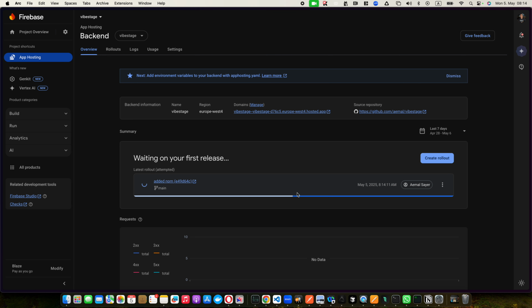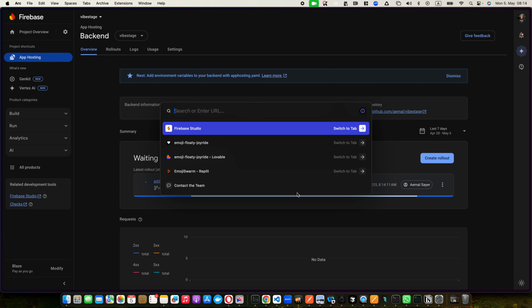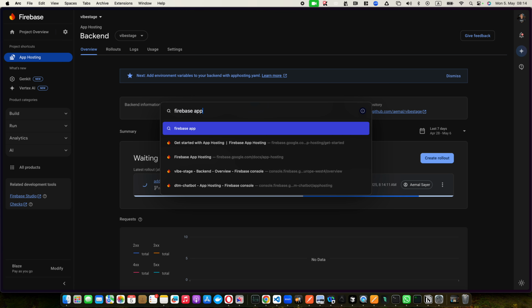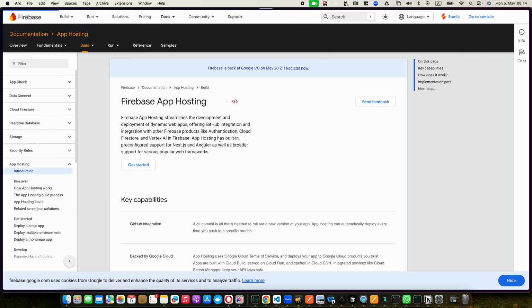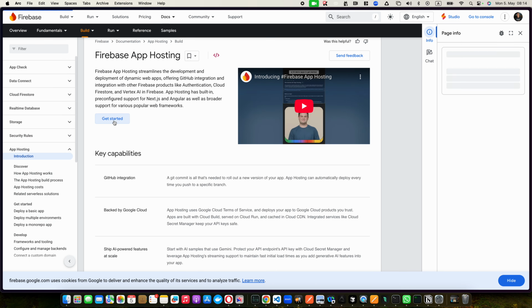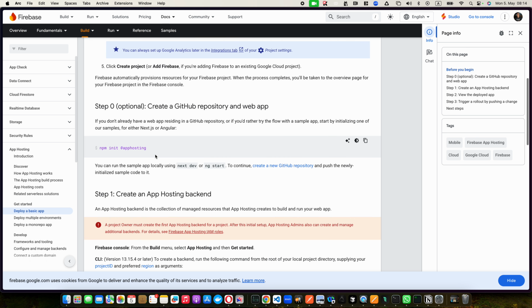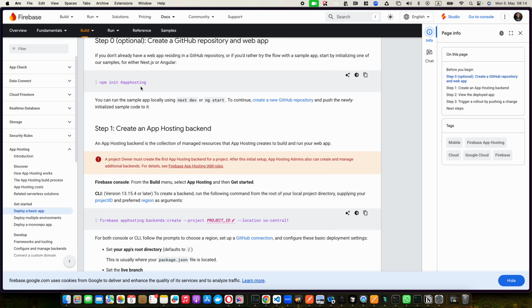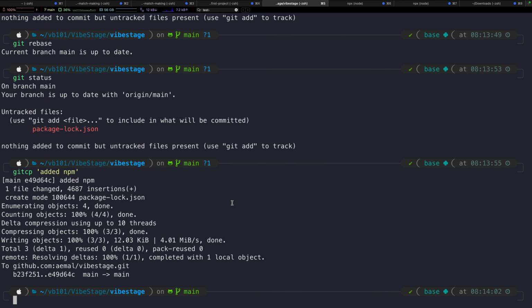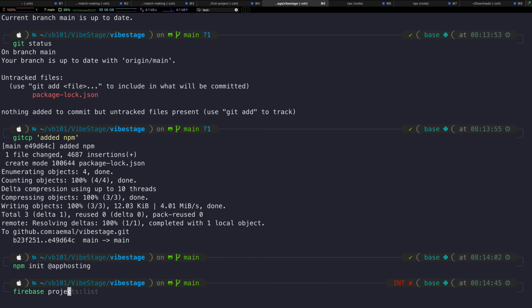What I would like to take your attention to is the Firebase App Hosting documentation. When you go here, you will find out how to initiate it. So let's do that in our project. I'm gonna click that, and then first thing first, let's actually do a Firebase project. Firebase,